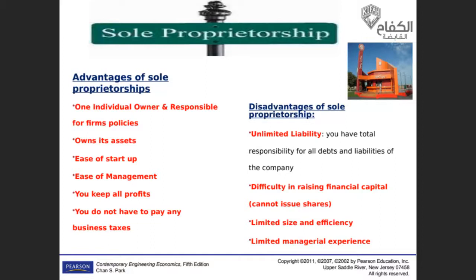What do we mean by this one? Business tax. Actually, in the US, there are two types of taxes: one is a personal tax and one is a business tax. Personal tax is on the individual and the tax rate is different. I'll come to it on the next slide. Partnership and corporations, Muhammad, next slide we'll discuss. We'll go one by one.